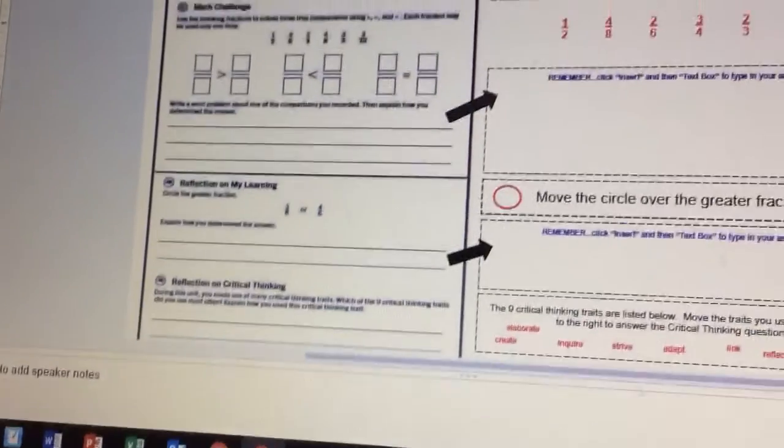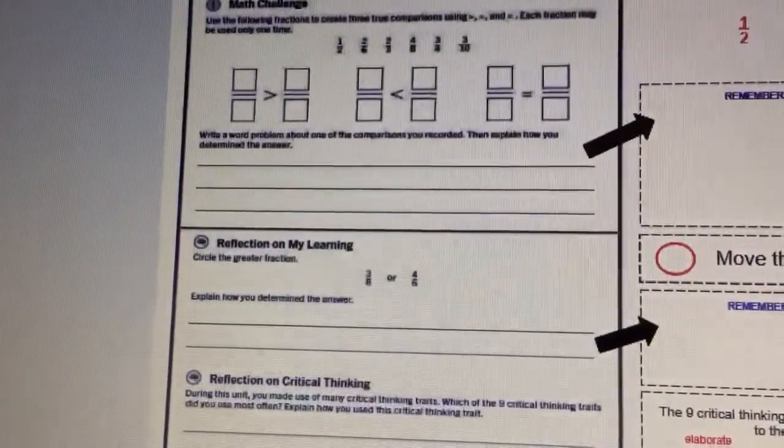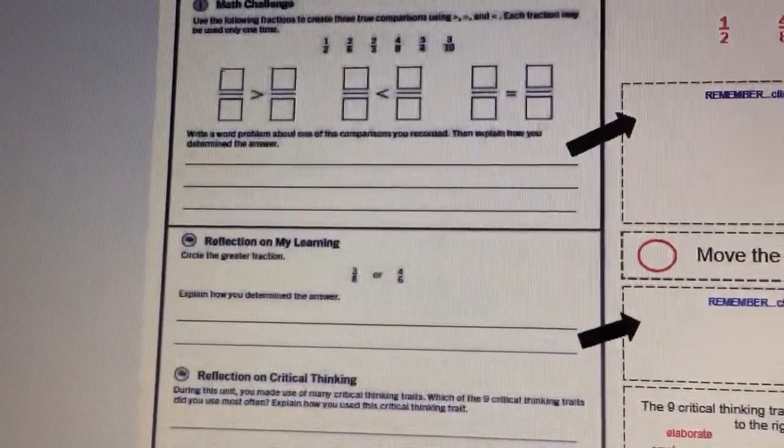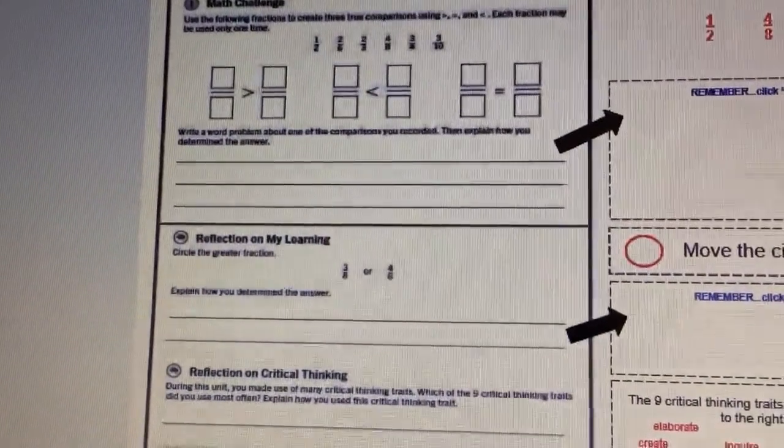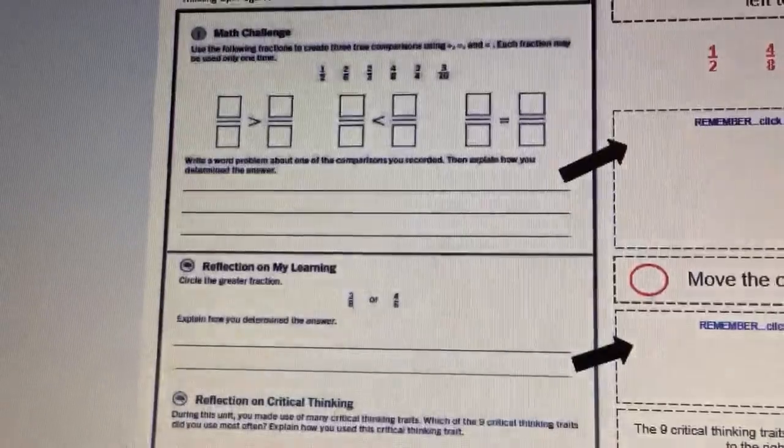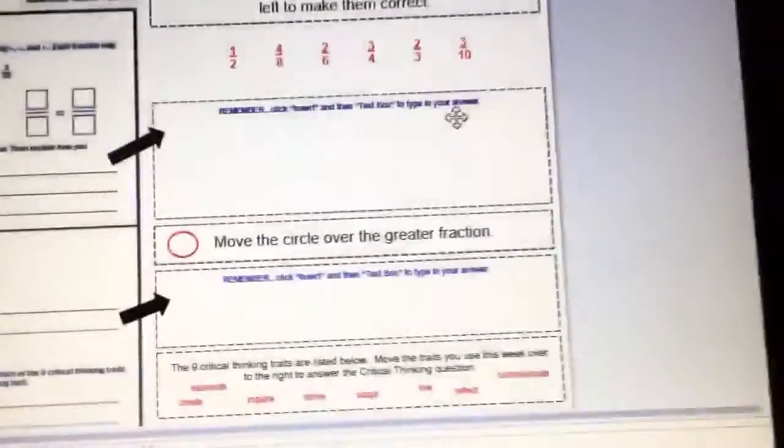And now that I look back, I noticed that I forgot something right there. Write a word problem about one of the comparisons you recorded, then explain how you determined your answer. So you're going to create a word problem using one of those comparisons up there, and you're going to type your word